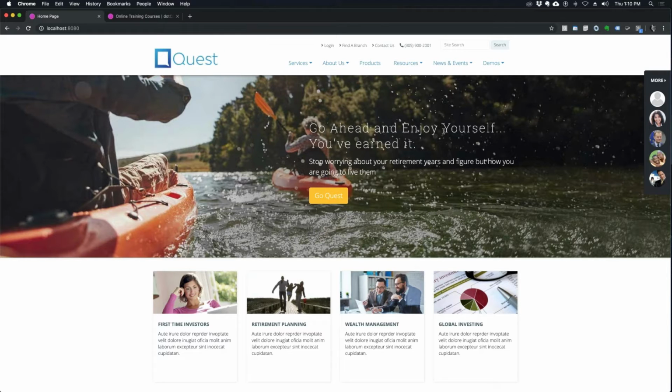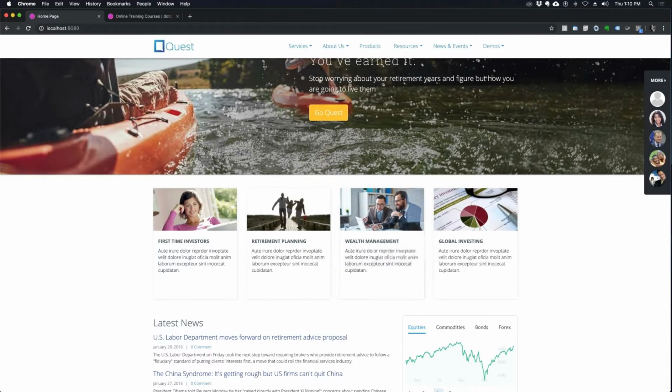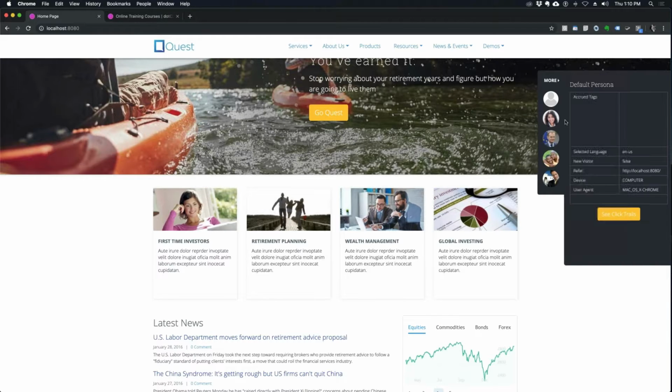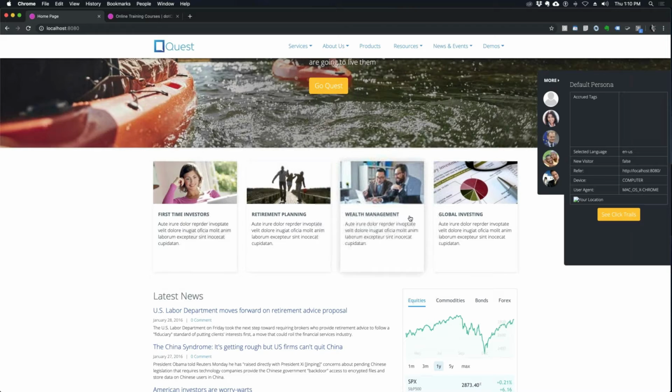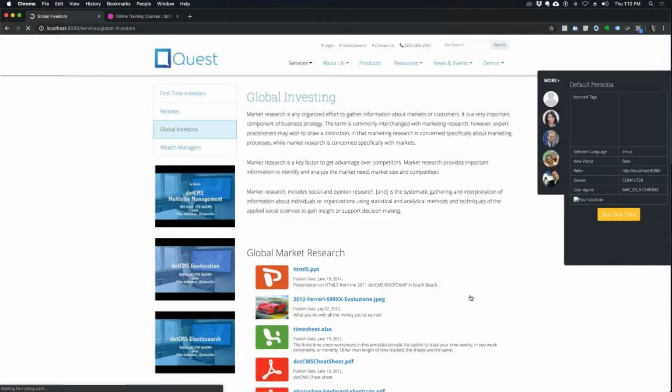So we came up with this little sample financial client that has things that show webmasters how to do things like personalization. We expose this as a flyout just so you can see what's going on in the back end, although this flyout would never be part of any real site. You can see that the banner right now is the default banner, but if we click on global investment as an article we would like to read more about, then